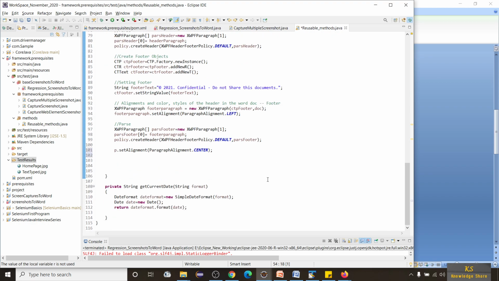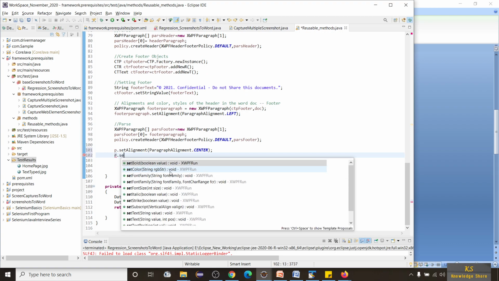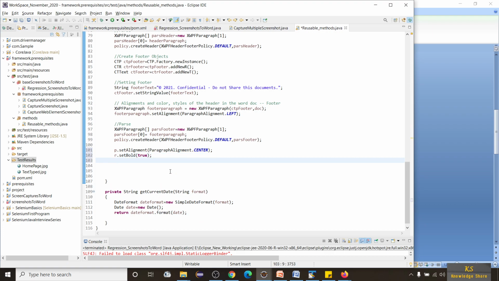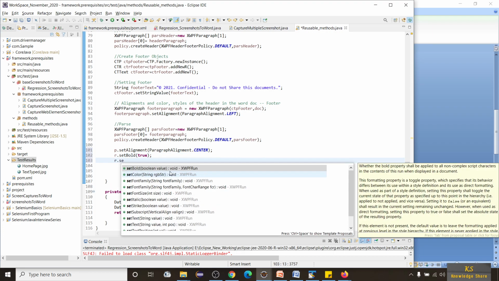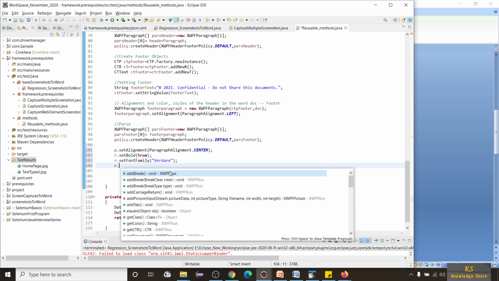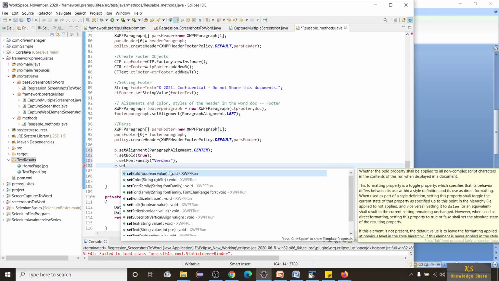Using this also you can set a few methods. Set bold, and you can set it to true, and you have different methods like set font family, Verdana, and dot set text of.